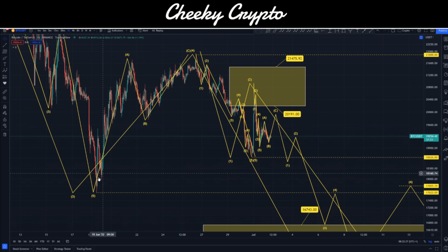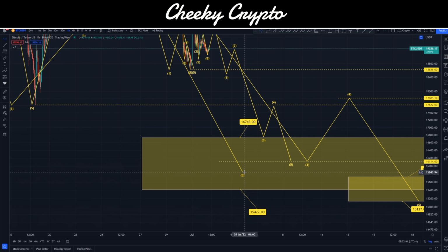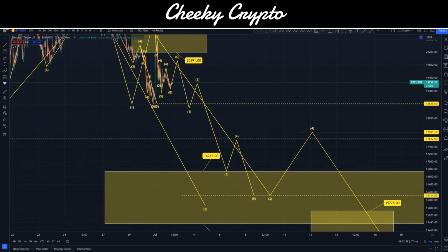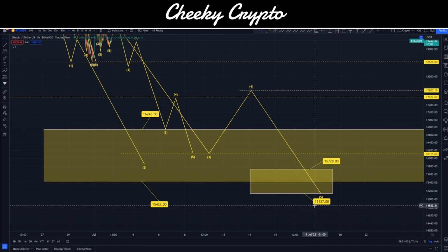This actually comes down into our macro 5-wave move, which you can see here is our 4th wave move with a 3-wave structure, a zigzag, a 5-3-5 structure upwards, coming down into this low range. Now we have an overlap down here because we assume that once we complete our little 3rd wave move, we'll have a 4th wave bounce, which will approximately be a 38.2% retracement of our wave 3 drop, which will take us down to about $17,805. So from there, dropping down to a standard 5th wave drop would put us at a bear market bottom of approximately 15,137 to